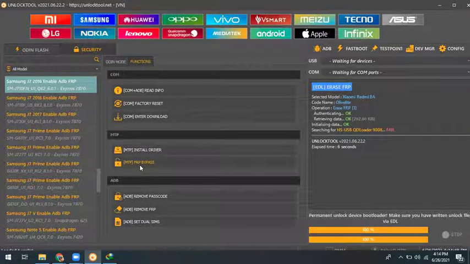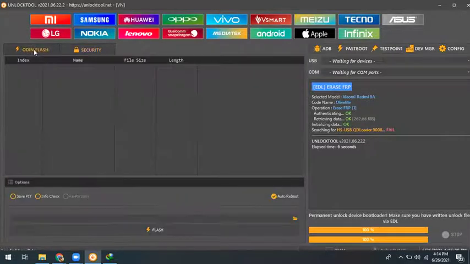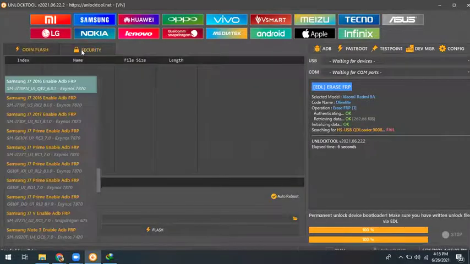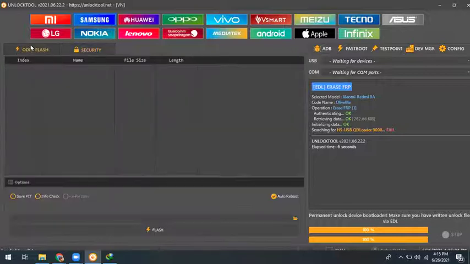You can erase FRP in MTP mode. How to get MTP mode? Simple: switch on your phone and connect the cable. Do not press any key. It will go directly into MTP mode, and you can bypass FRP in one click. Got it? If you want to flash, in that case you use Odin flash, and take the pit file. It will need the pit file for flashing. So Samsung flashing is unnecessary with this tool because Odin is free.